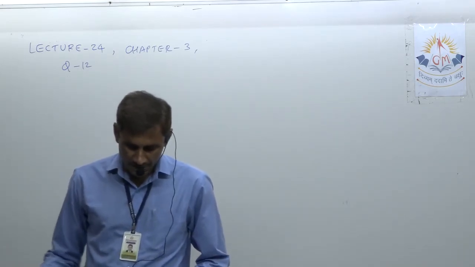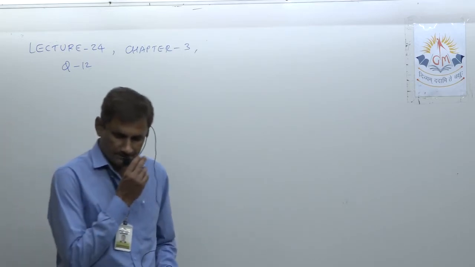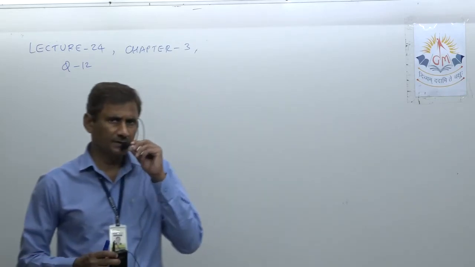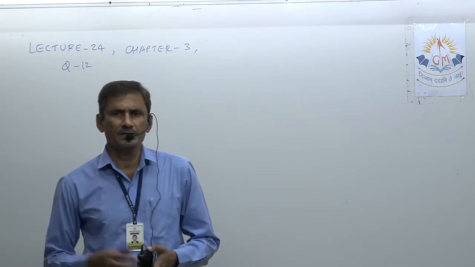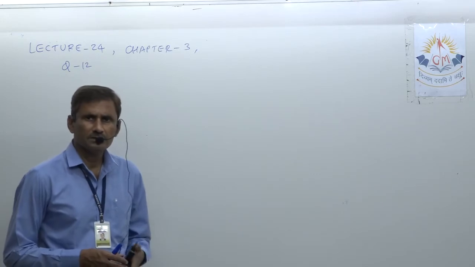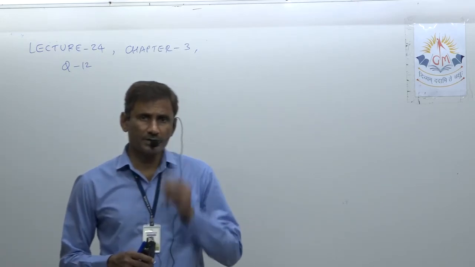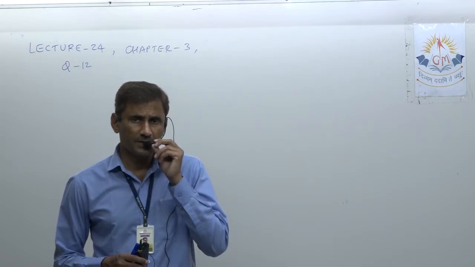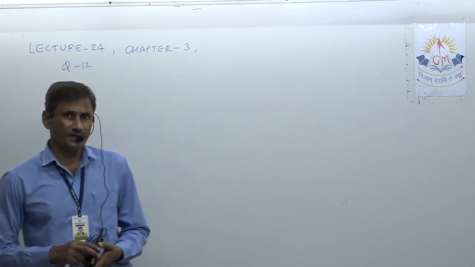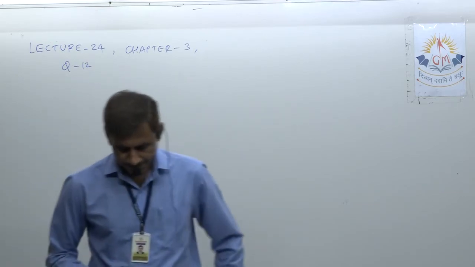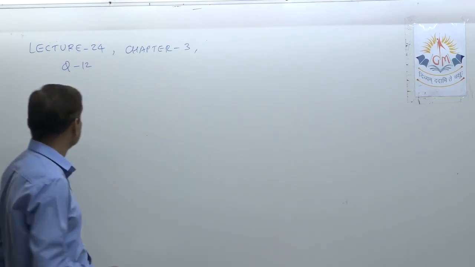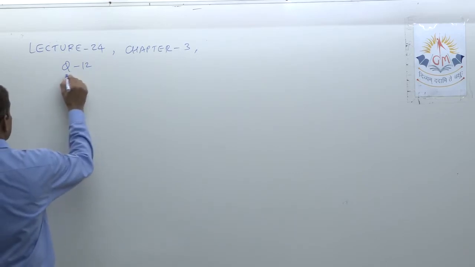In the previous lecture, at last we solved question number 11, and I am telling you again the same thing: when this type of question is there, what should be multiplied, what should be added, what should be subtracted, and by what number it should be multiplied or divided so that we get a perfect square number. So today, just look at question number 12. Just try to understand it.